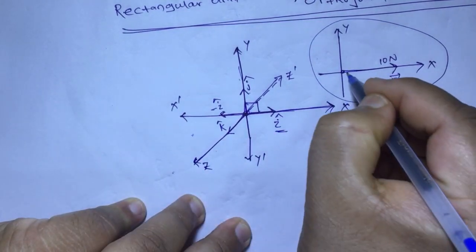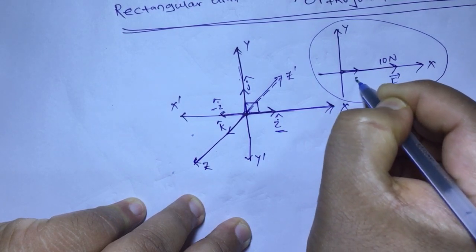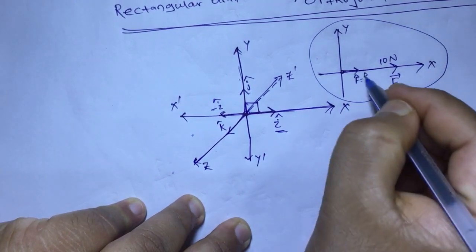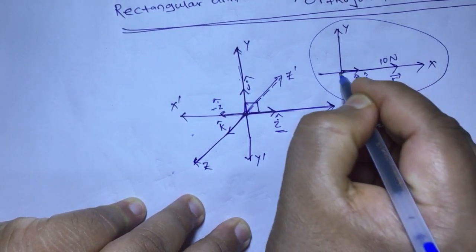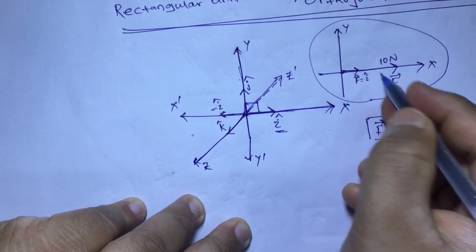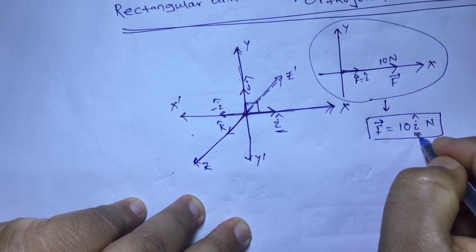Is it clear? So here I should write it as F cap, or I can write it as I cap also, because here the F cap is I cap. F cap is a vector along this, and I cap is also a vector along this x axis. So why write F cap? Because if you write F cap, there is no particular definition, but if you write I cap, it has a